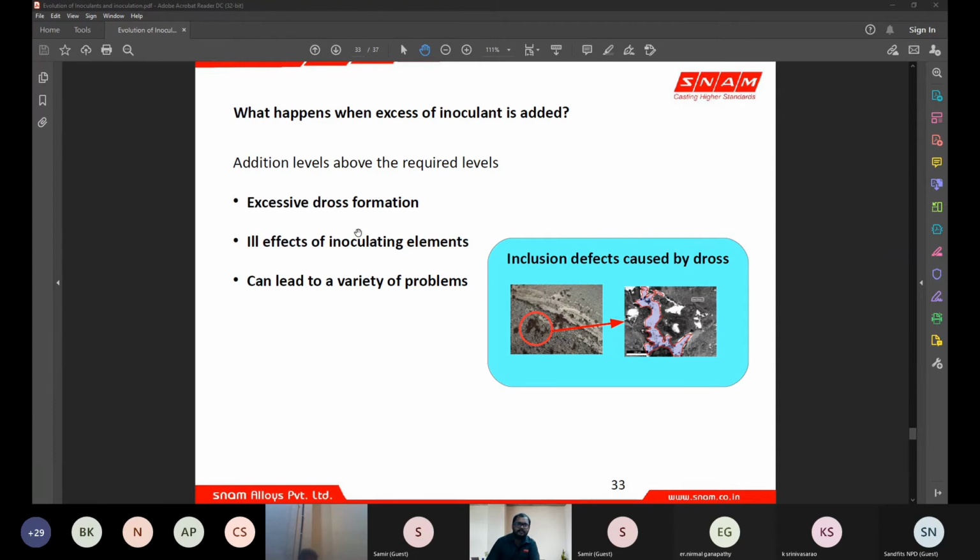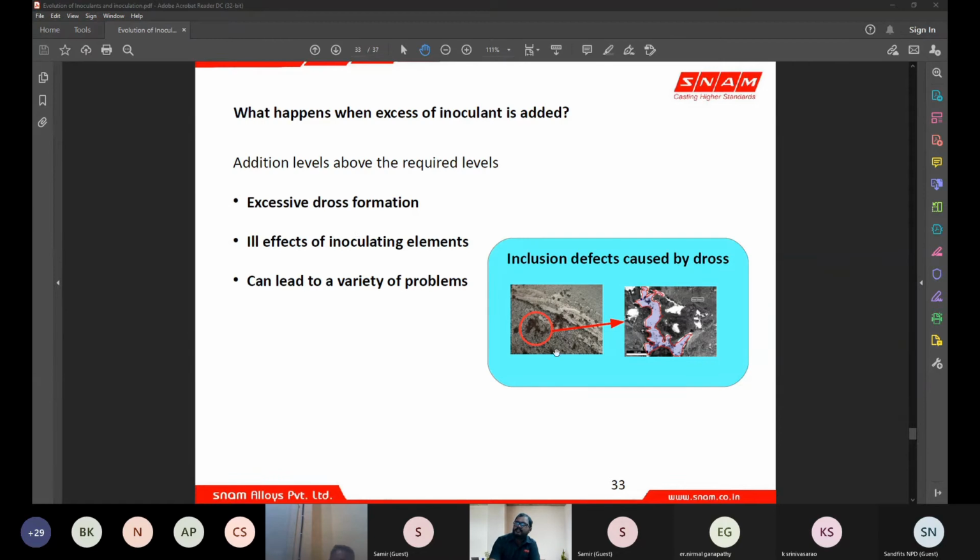There is a limit to which bismuth can be added as an inoculant in ductile iron. When the level of bismuth crosses a particular point, it starts giving ill effects, like carbides and degenerated graphite in the casting. So it is not that bismuth is a bad inoculant; bismuth is a good inoculant, up to the maximum level to which it can be added.